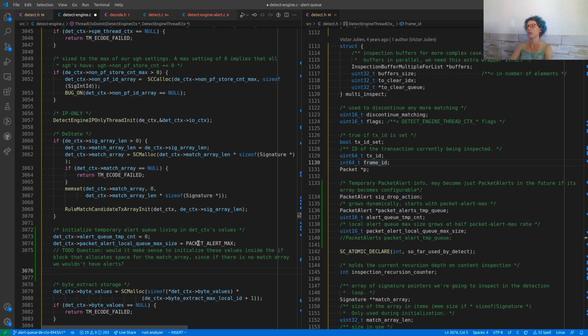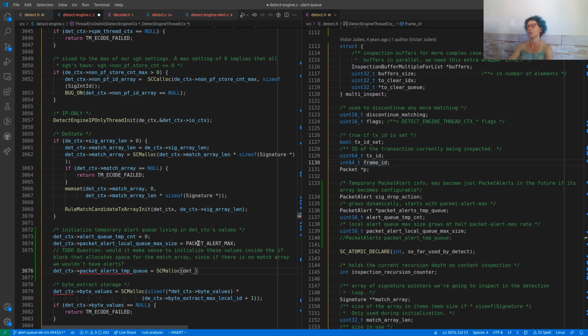Now what I have to do is say that detect context packet alerts temp queue is equal to, I don't know which malloc I should use.